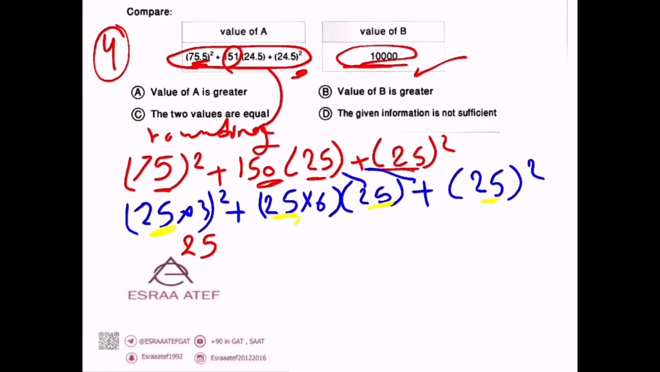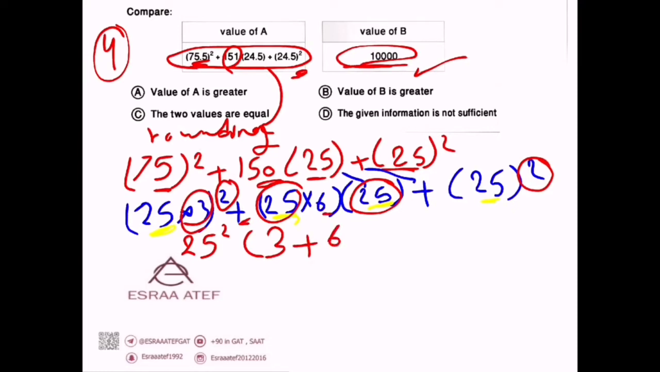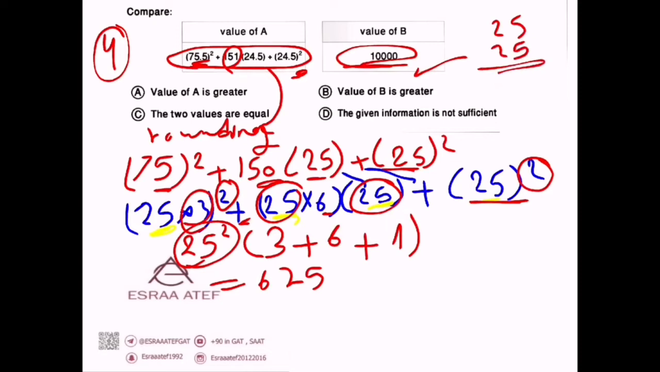outside as a common factor, and we can take it squared because here we have 25 squared, and here we have a squared. So 25 squared outside, times: here we have 3, so we will put 3, and then plus, here we have 6, so we will put 6, and then here we don't have anything, only 25 squared, so we will put 1. Okay, equals 25 squared times 10, which is